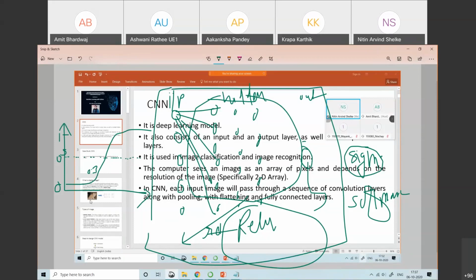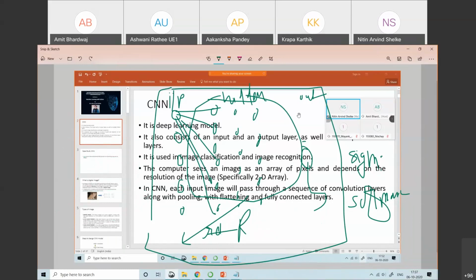If you get 0.3 as output, it will be considered category 0, and if the value is 0.6, above 0.5, it will be considered 1. So this is the sigmoid activation function. Likewise, we have different graphs associated with different activation functions. This is some basic coverage of the artificial neural network.